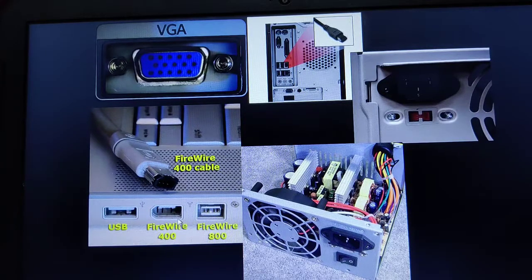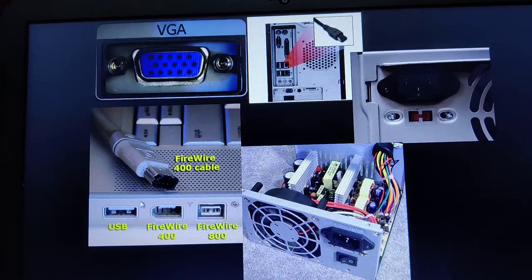If I am using a USB cable, then it provides almost 166 megabits per second data transfer rate, whereas if I am transferring video and audio through FireWire, then it provides 400 to 800 megabits per second. So it provides a much faster data transfer rate between devices like your digital cameras and your computer system.